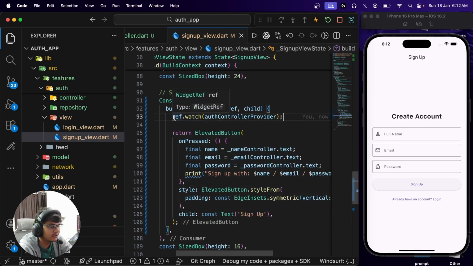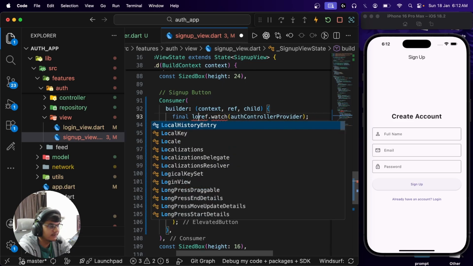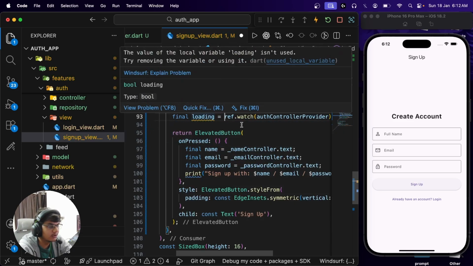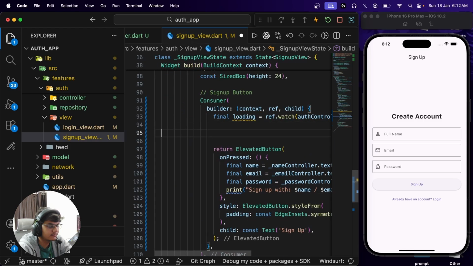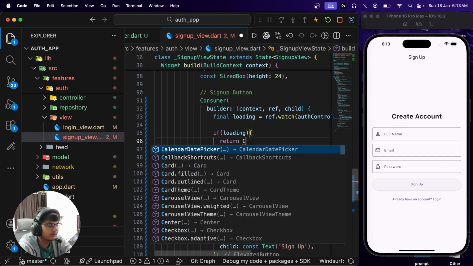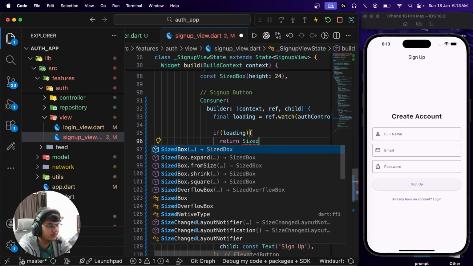Now this will tell us whether or not something is going on, whether or not it's loading. So we can say loading. If loading, return sized box